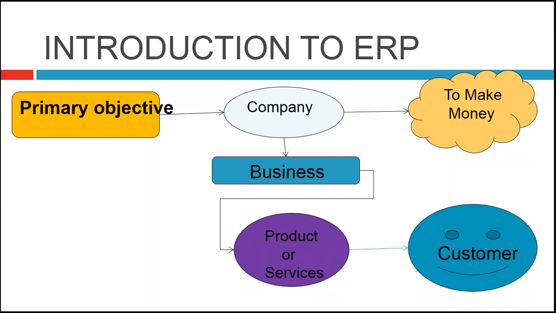Consider you are the company and the customer has given an order to manufacture 1,000 pens. So what is the general process which is going to happen between a customer and the company? You'll give the quotation to the customer. According to the quotation, they'll give the order to you, and then accordingly you will prepare the raw materials, manufacture the goods, and finally deliver the goods to the customer. So this is the general process which happens between a customer and the company.